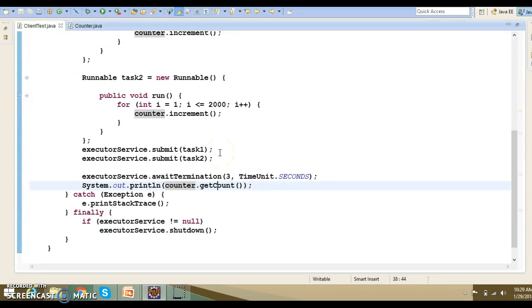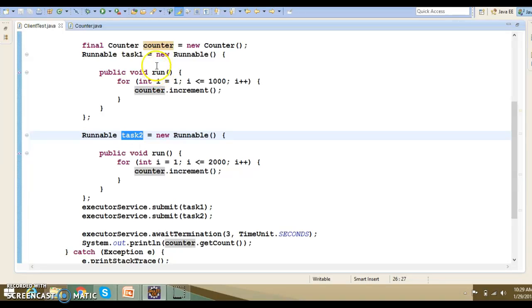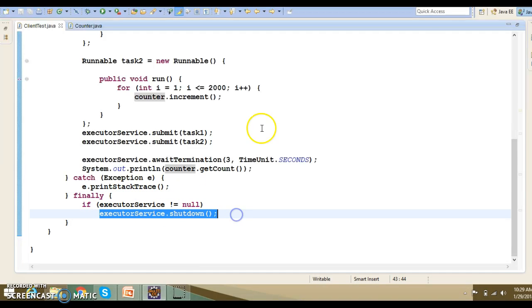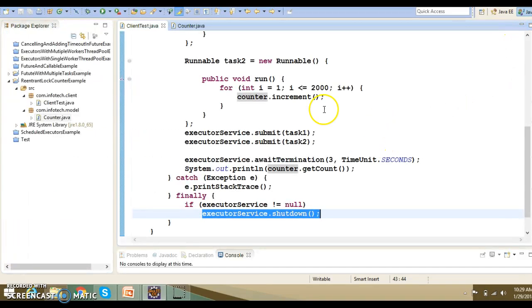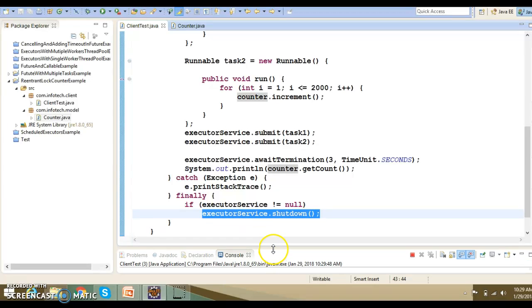So here basically 2 threads are trying to increment this counter variable. Let's see what would be the final value of the counter. And here one thing you should note down: I am shutting down this executor service in the finally block. If you do not shut it down, then the executor service will keep running, and that is not a good idea. So now let's run this application,